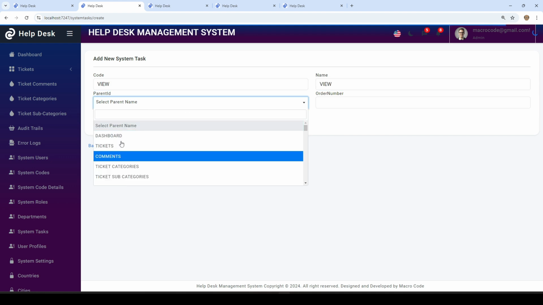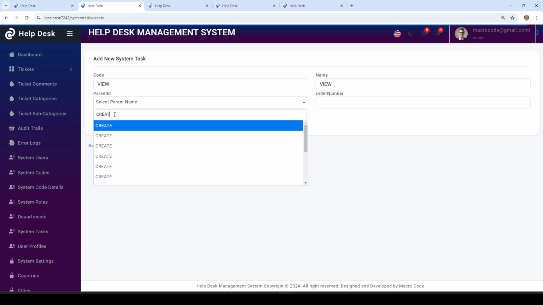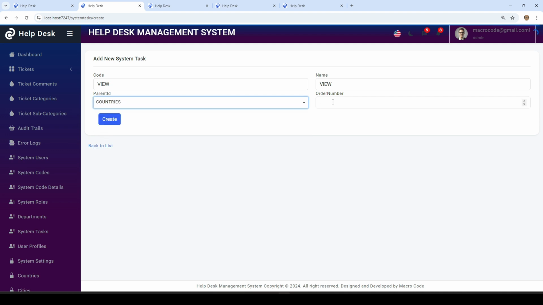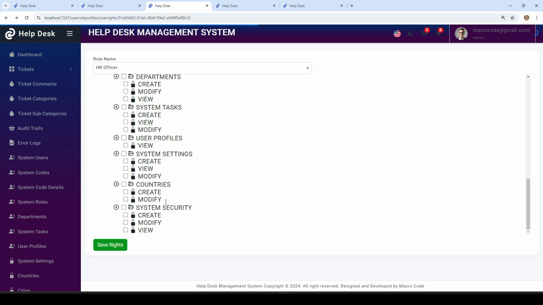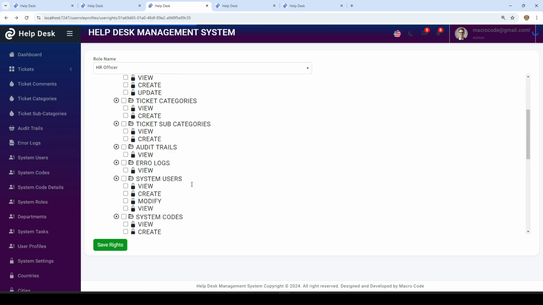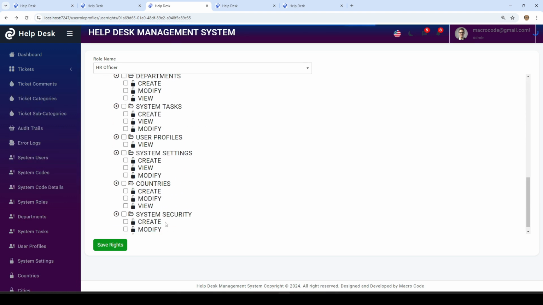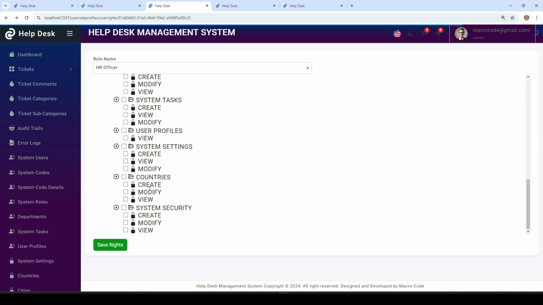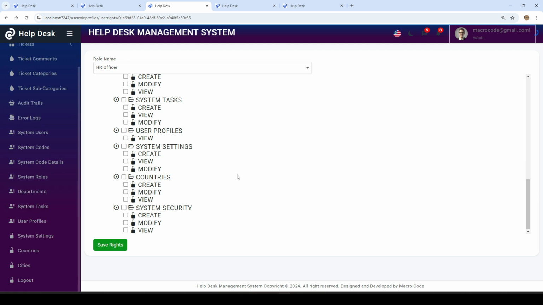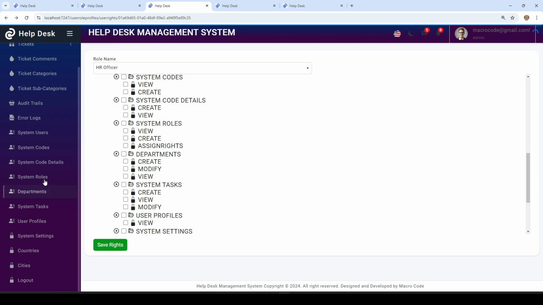So let's just do countries here. I'll just do 2. So under countries, we now have create, modify, and view. Then system security, you have create, modify, and view. So there are some items that we don't have. For example, we don't have